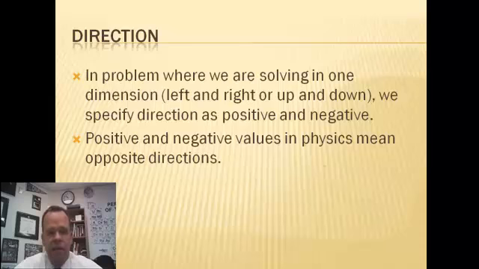And you must understand in physics that when you have a positive or negative value, it doesn't mean greater than 0 or less than 0. It just means opposite directions. So if you see positive 5 as one position and negative 5 as the other position, it just means they're in opposite directions. So for example, if I were to draw